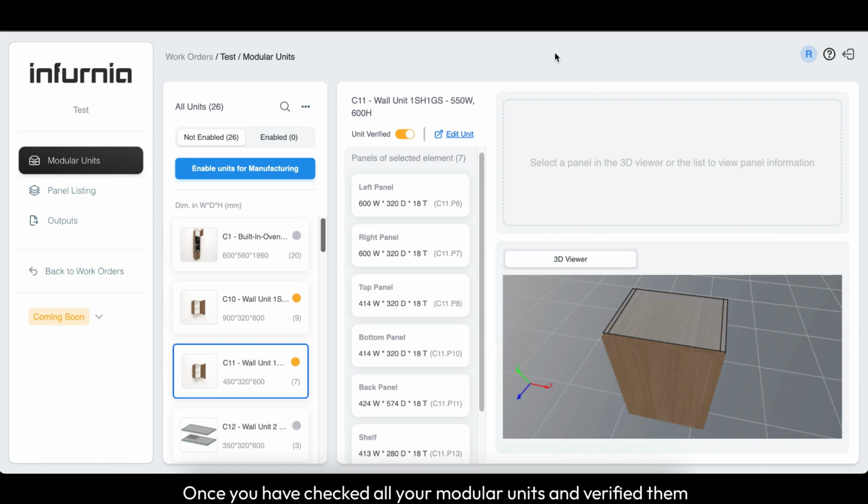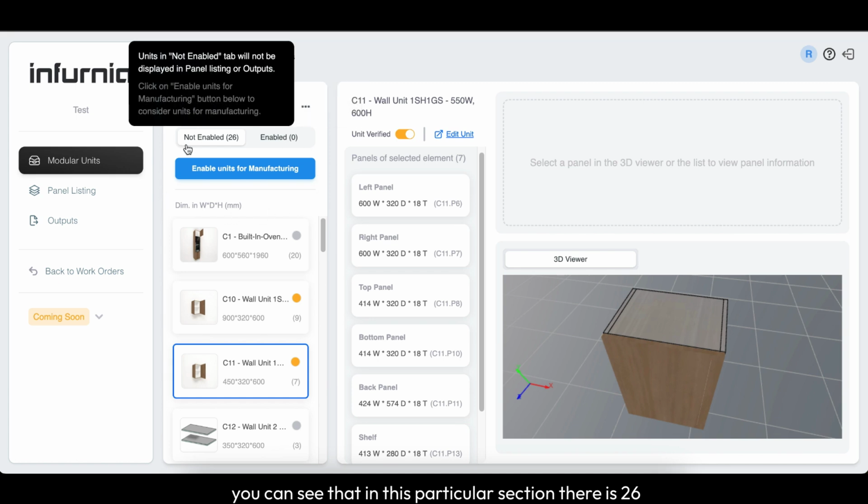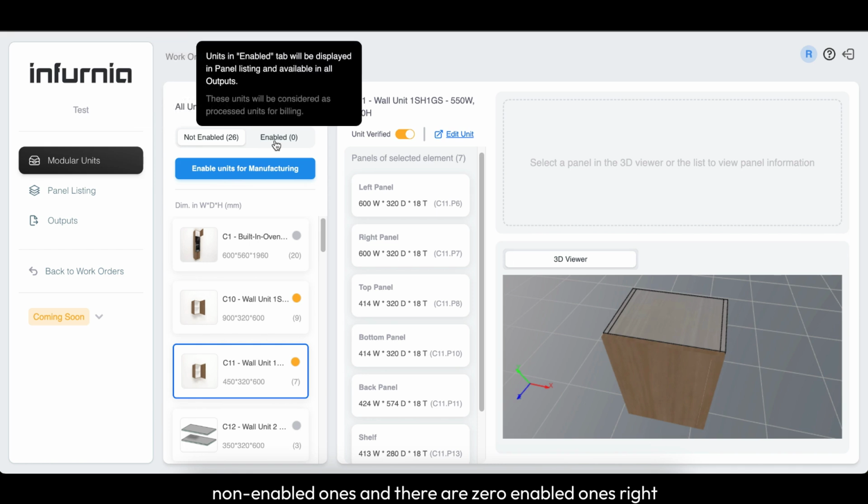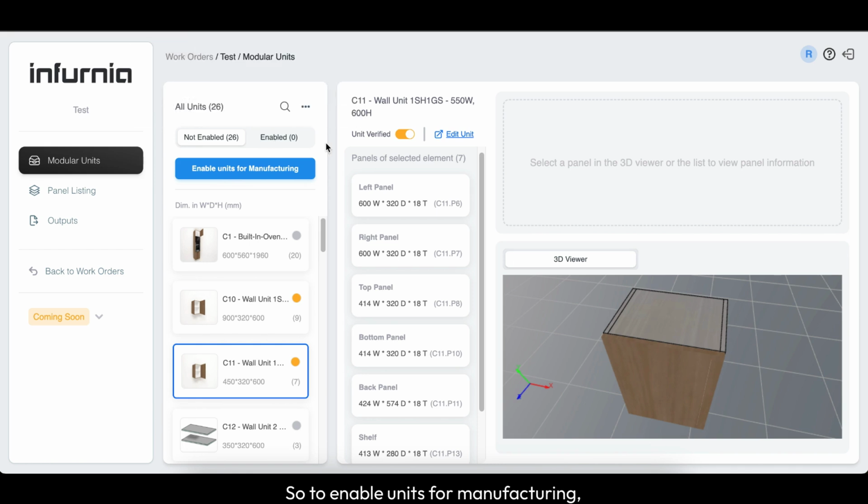Once you have checked all your modular units and verified them accordingly, you can now move forward to enabling them for manufacturing. Here you can see that in this particular section, there are 26 non-enabled ones and 0 enabled ones right now. So to enable units for manufacturing, you can click on this option here, enable units for